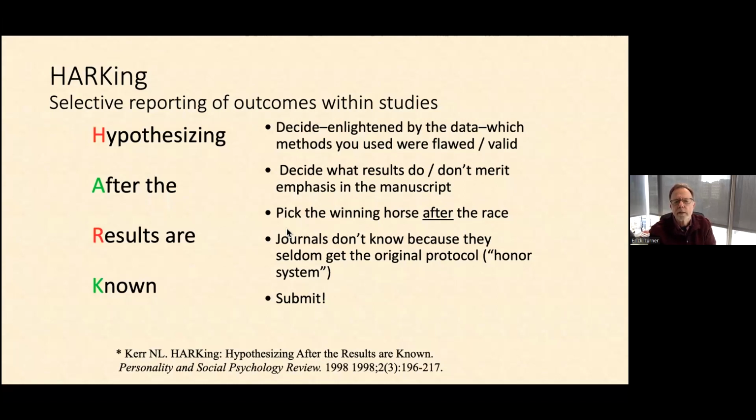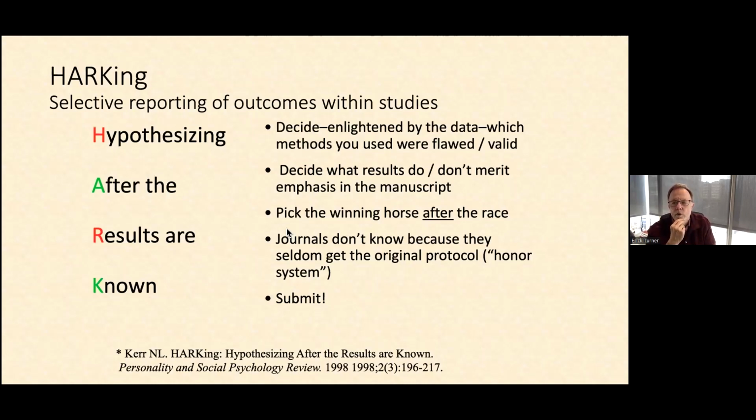So it's like you're at a horse race, and rather than picking a horse and having to live or die by that, you get to wait to see which horse wins the race and then place your bet. Well, that's totally absurd, but that's exactly what has been happening in the world of peer-reviewed publication. You get to see what turns out positive, and that's what you get to emphasize. And then the reader on the other end doesn't know about all the stuff that went on in the background.